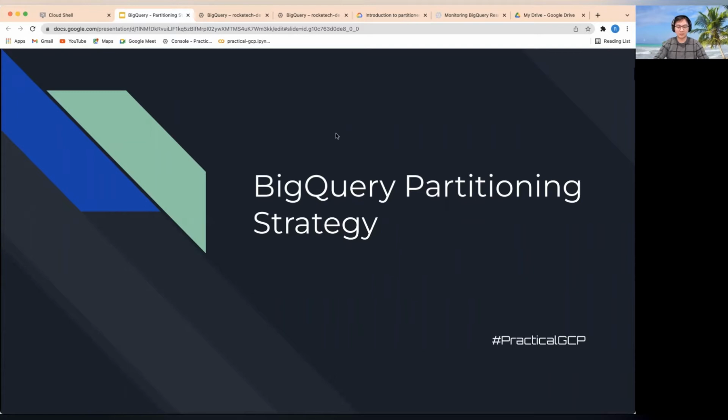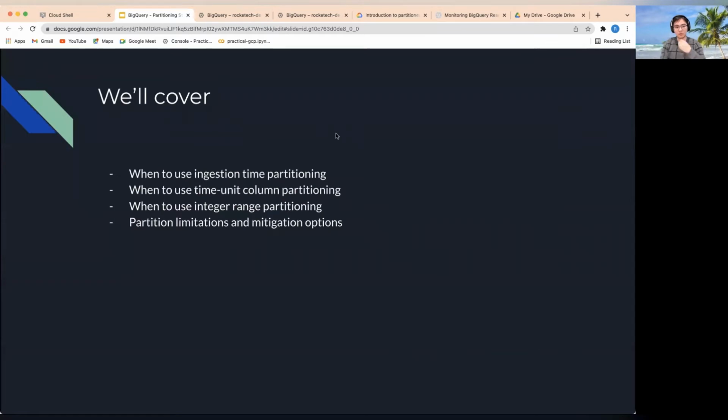In today's session, I would like to talk about the BigQuery partitioning strategy in different use cases. So I'd like to cover all the different kinds of supported partitioning. That includes ingestion time-based partitioning, time unit column partitioning, and integer range partitioning. And finally, I would like to talk about the limitations of the partitioning technique, and also the mitigation options